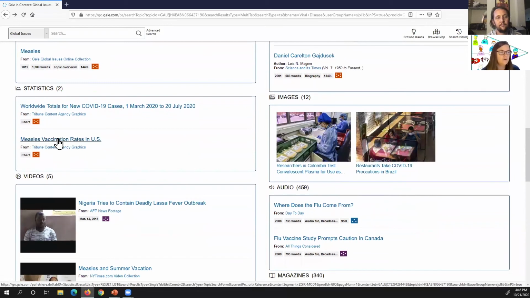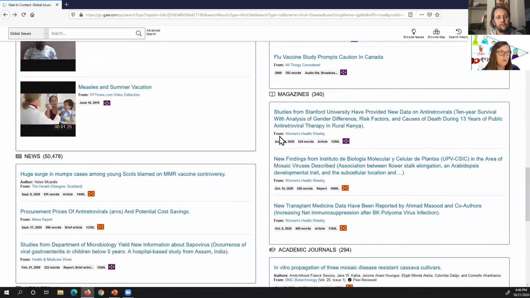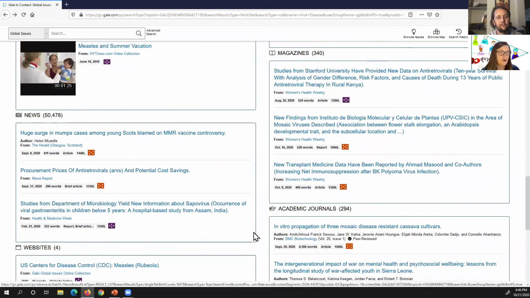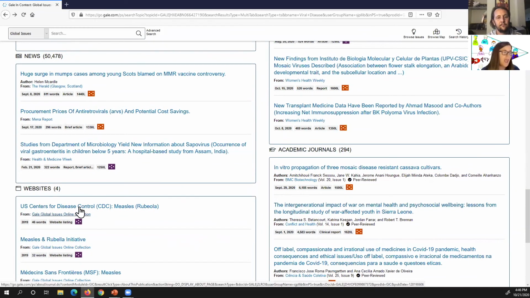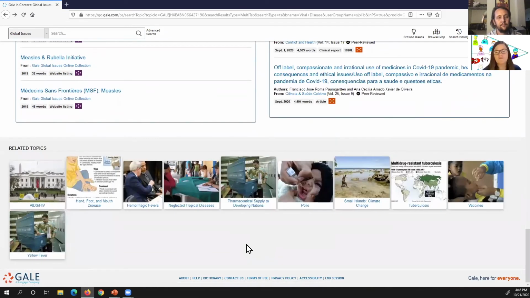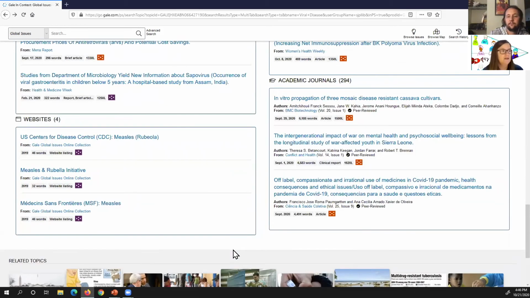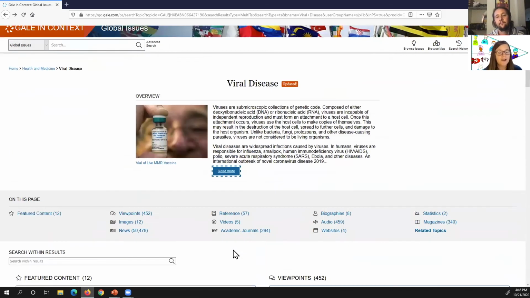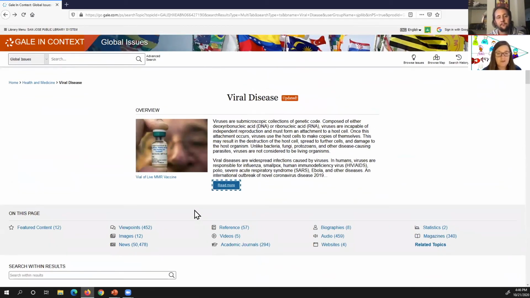There are also pictures, videos, statistics, audio, magazine articles, news articles, academic journals, and websites. So they've got a wide variety of different resources that they pull from, and then they collate it all in that overview article. That gives you an introduction, and then you can go and explore that deep dive.